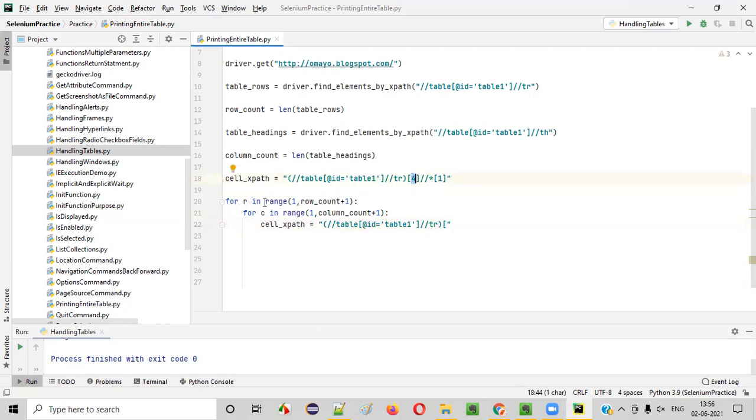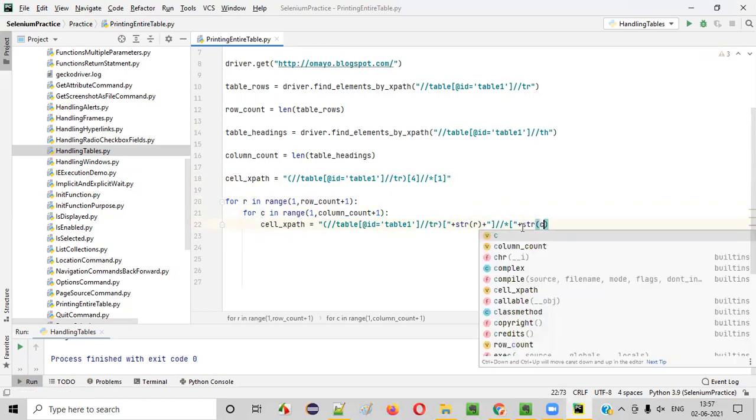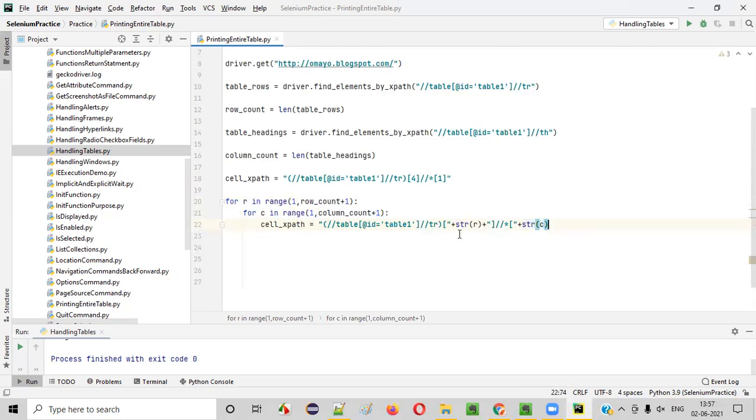Now this one here, R is an integer, so we have to convert that. I'll say plus str of, here. This 4 is nothing but the row, right? So I have to say str of R. I'm appending this into this XPath. Plus again, double quotes, again provide the static part from here to here, which will not change. Copy this and paste it here, and now say plus you have to append this number 1 here, that is str of, this is nothing but the column, this C. I'm converting this column number into a string and appending it with the XPath.